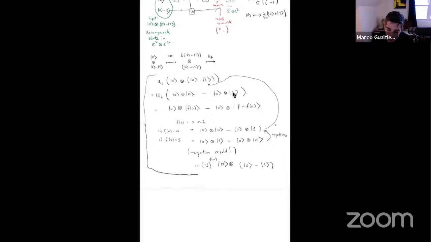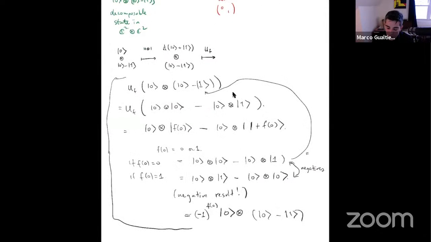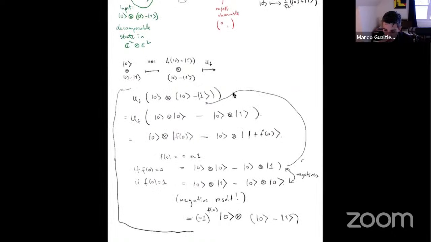So this is very elementary, but it is confusing, and so I just wanted to do it in a kind of pedantic way. So, okay, now what would happen? So that was this term. That was the 0 tensor this term. That's one of the tensor. If you expand this tensor product out, one of the summands will look like this. And what you see is that because 0 is the control bit, it's the value of f on 0 that is being used in the remainder of the calculation. Now, if I had changed this to a 1, right, then